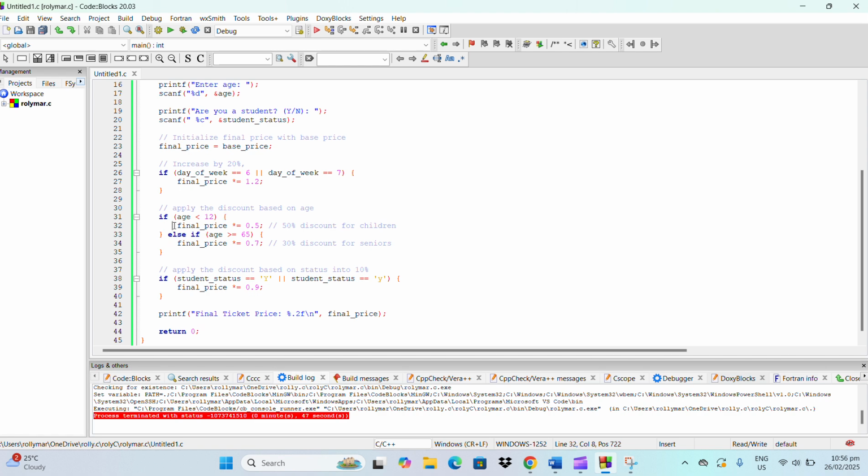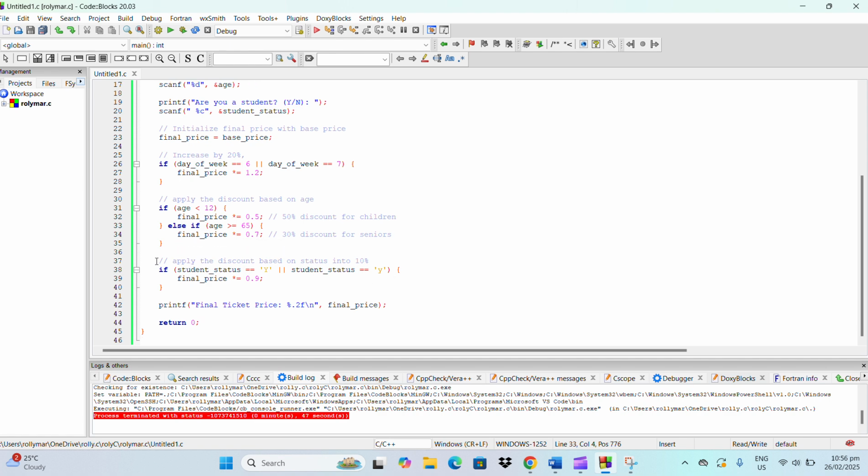So the total cost of their price, instead of 100%, the final price is calculated at only 50% because of the discount. Else if the age is greater than or equal to 65, then the discount for them is 30%. So the total price will be calculated at only 70% instead of 100%.